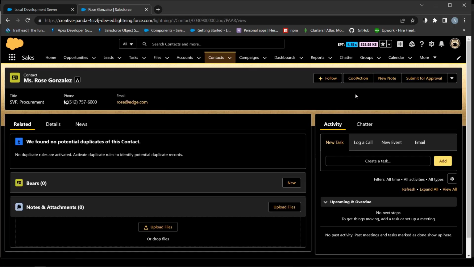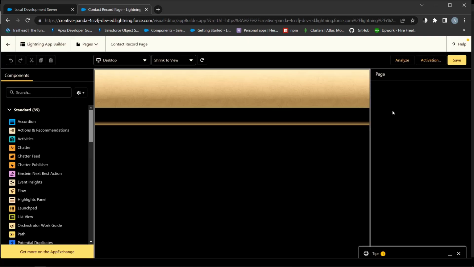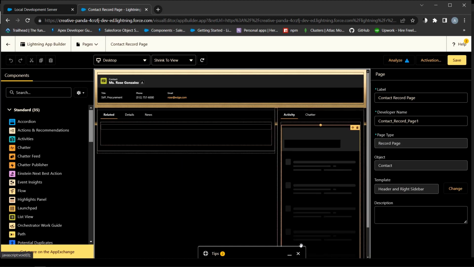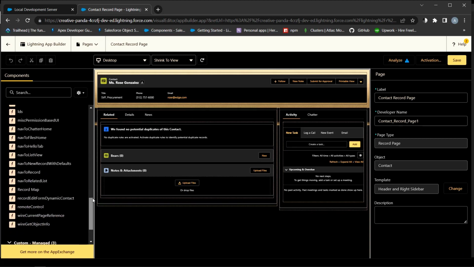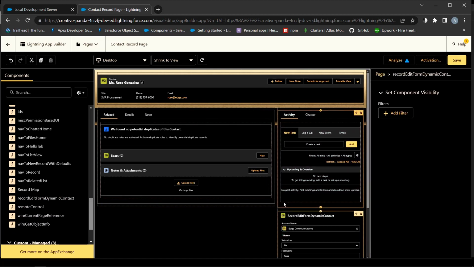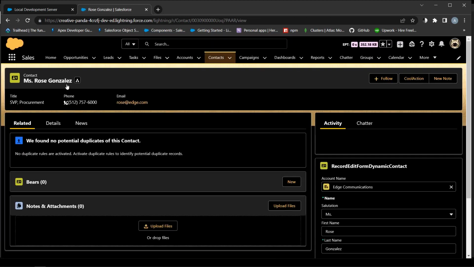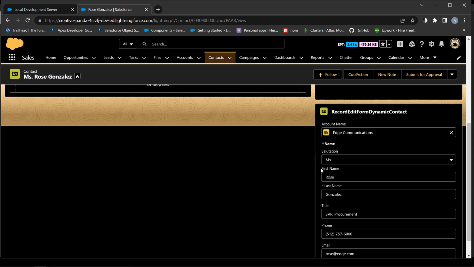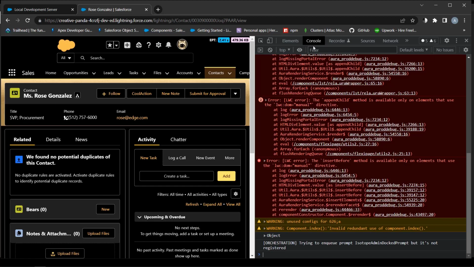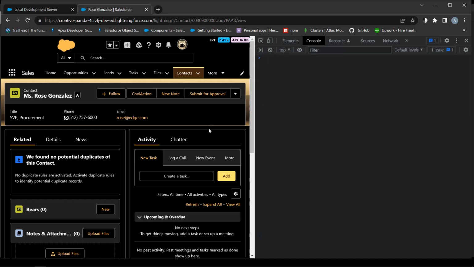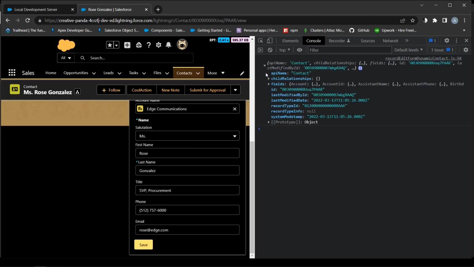Let's add this component to the contact record page and save without editing the current values. Save. Fields,